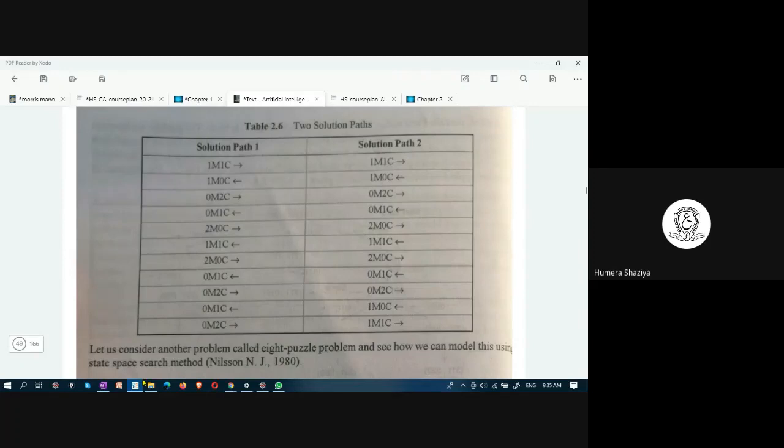The last but one step had two states coming out of it. Therefore, up to this point both solution paths are similar. Here there is a change. Here we are taking zero missionary, one cannibal, and here we are taking one missionary, zero cannibal. But both are giving us right solutions.